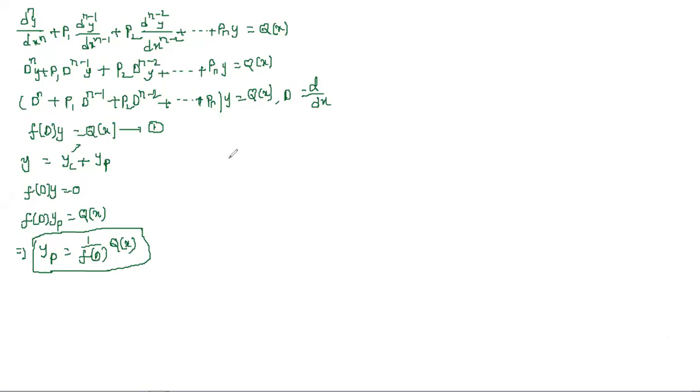So as per your syllabus, we have the particular integrals for finding Q of x. One is e power ax, it means exponential function, or e power minus ax. And second, type 2, sin(ax + b) or cos(ax + b), or sin(ax - b) or cos(ax - b), trigonometric ones. Simply we can say plus or minus, whatever it is.